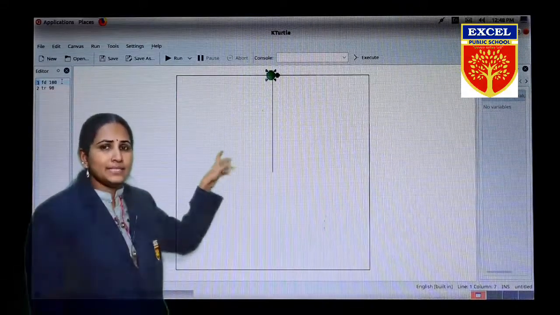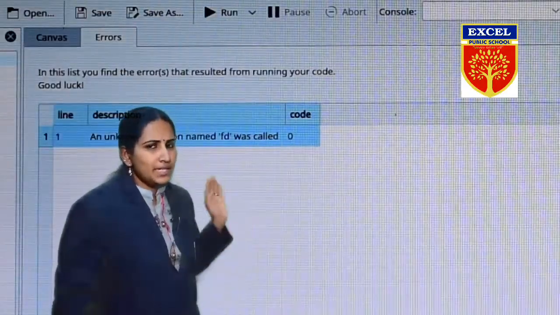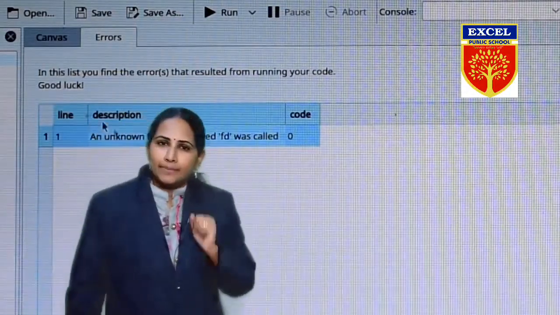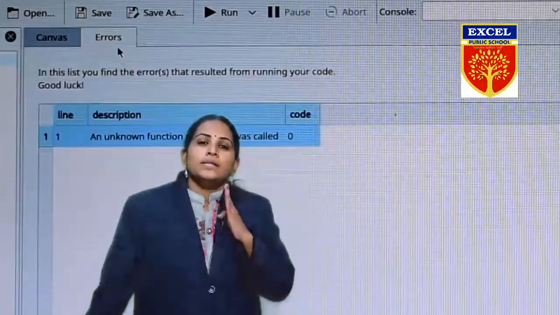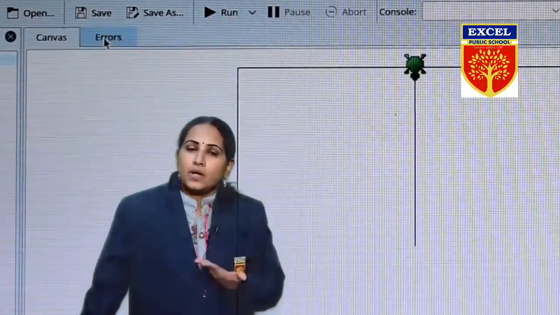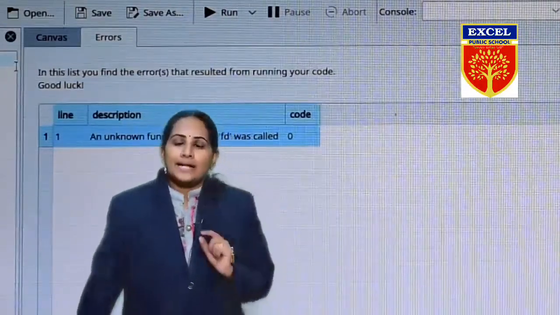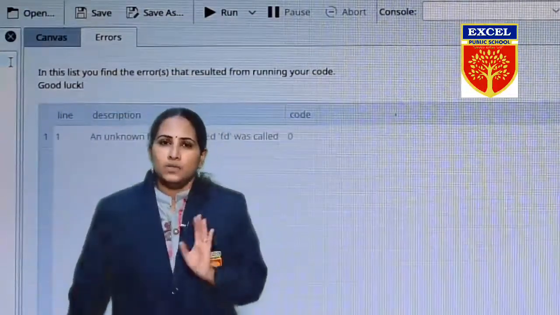I am running the program. Is anything happening? No, it's showing an error. That means the computer is not understanding the language. Computer will understand only its own language. With that language, if we command the computer, it will do our work.